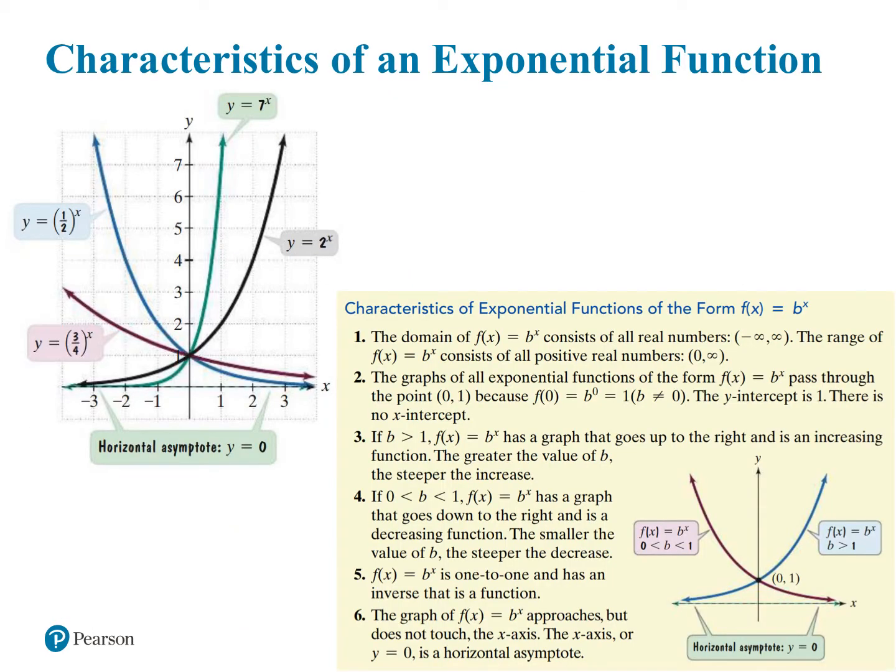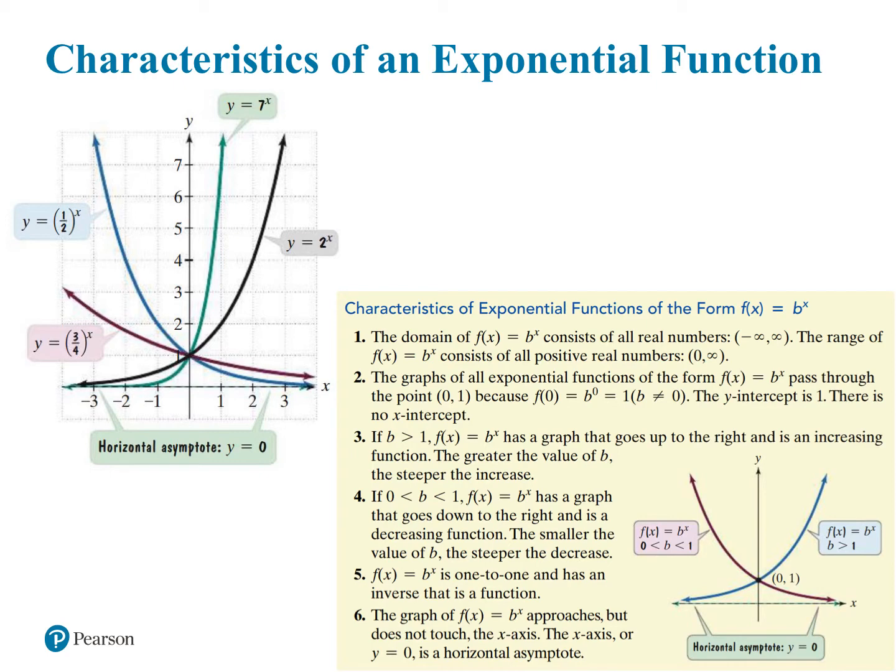So now that we've graphed some of these, there are some characteristics we're going to be noticing. The first is that the domain of f of x equals b to the x, that's the exponential function, consists of all real numbers from negative infinity to positive infinity. So it just keeps going in the negative or positive direction. Then the range,